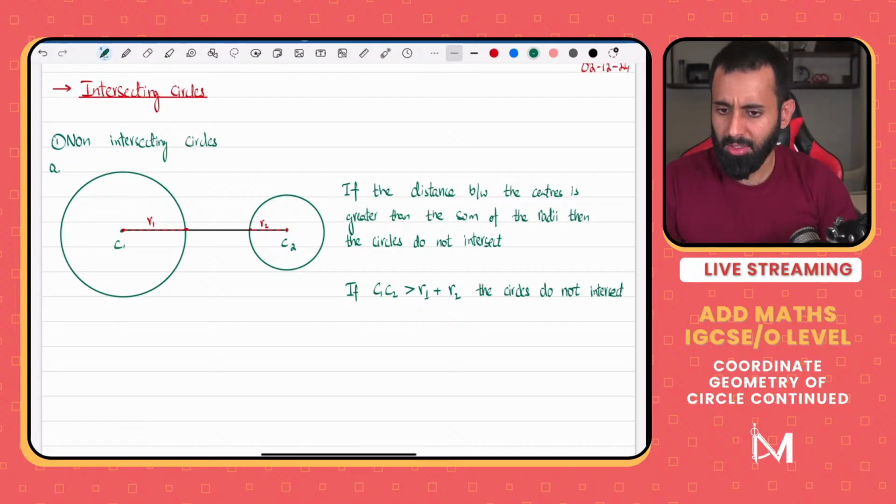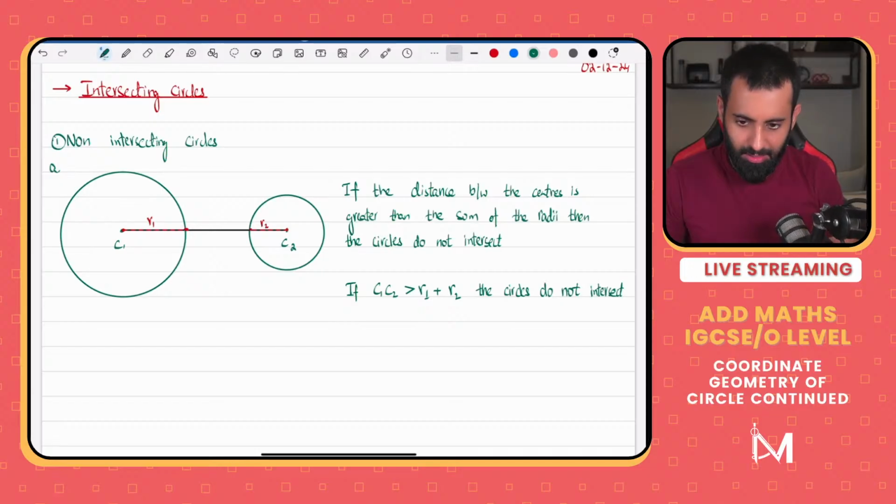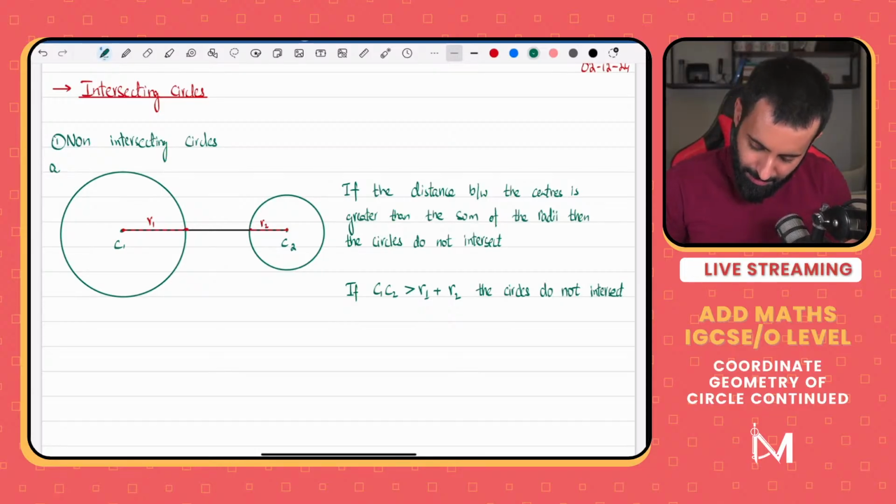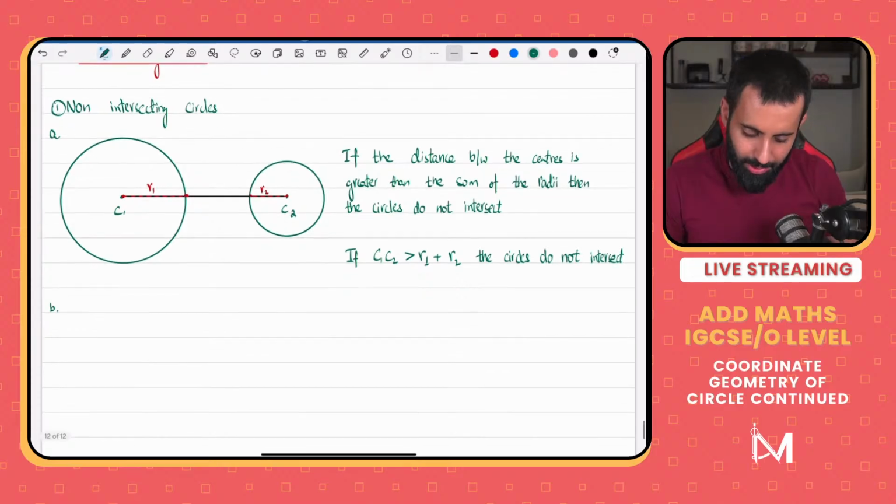Okay, did I miss anything? Sir, can I watch A-level? No, I don't recommend that. I don't recommend that you watch A-level functions for AdMaths. A-level functions is quite different compared to AdMaths.